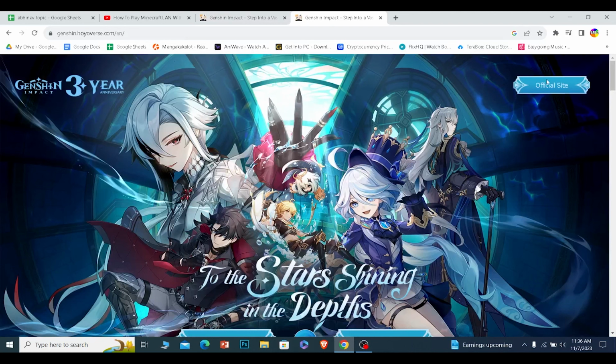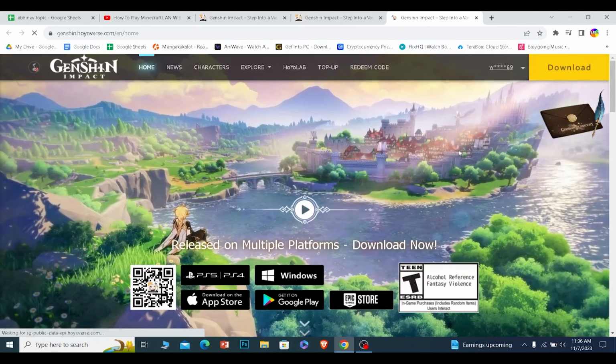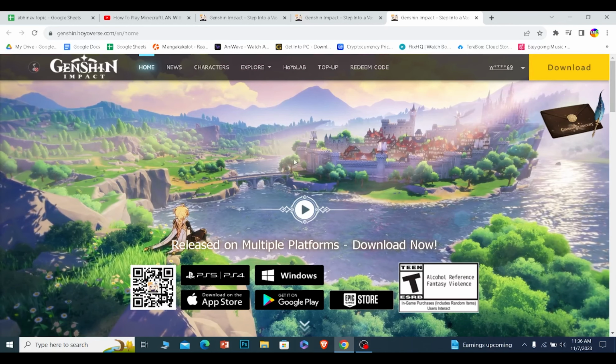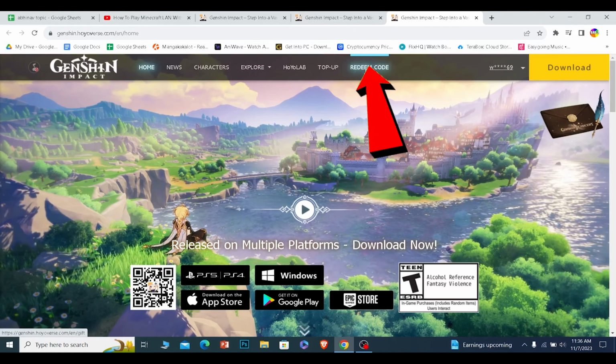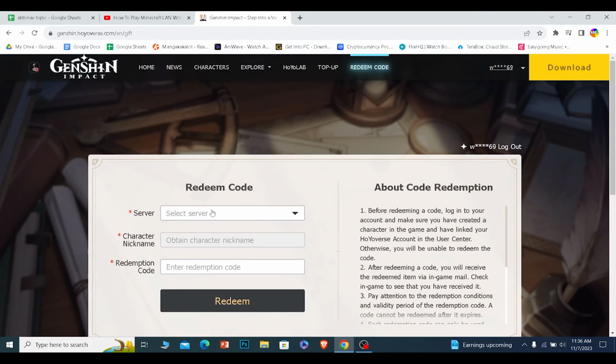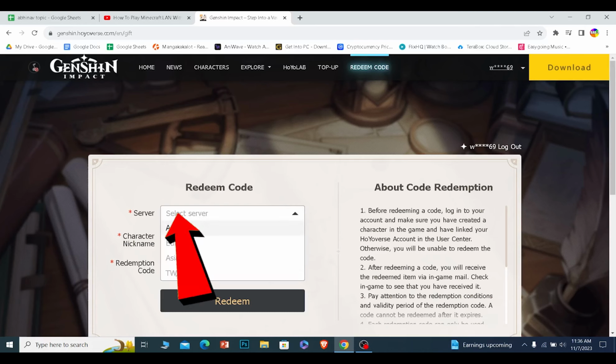Now once you're in its official website, click on official site again at the top right corner and then it'll take you to this page. Over here, make sure you log in to your account. Now once you log in to your account, you can clearly see the redeem code option. Click on it. Once you click on the redeem code option, first over here select which server you're playing on